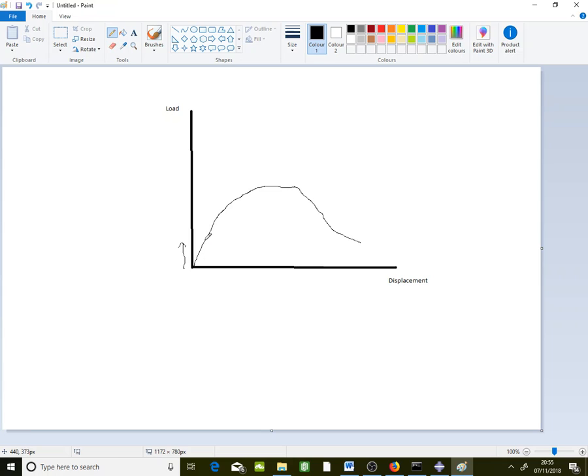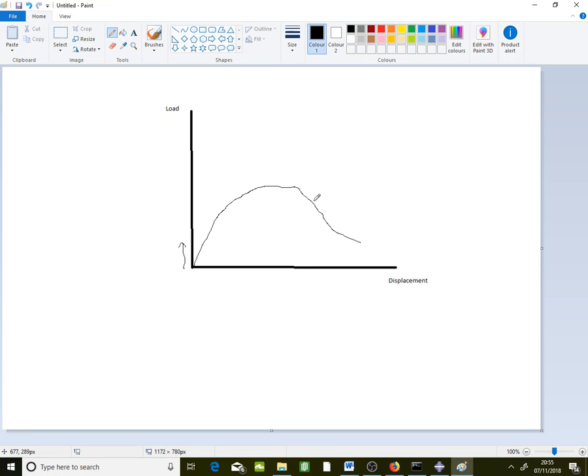As the load increases, it captures displacement. So what happens here? It's going to attain the ultimate load here and become constant, and once the load should drop down,